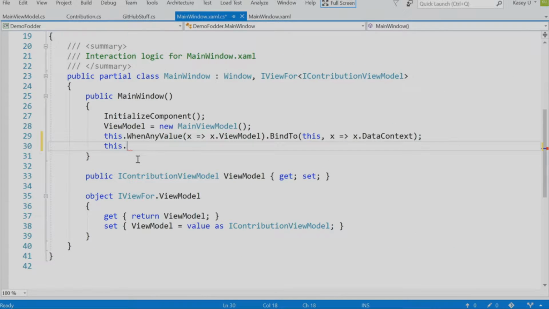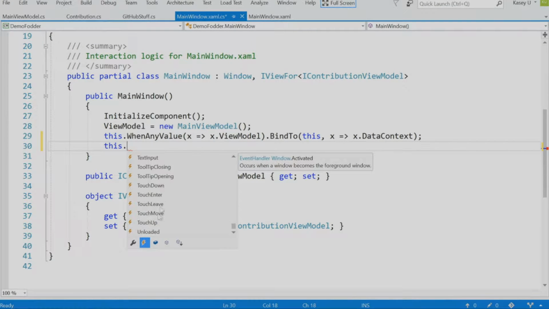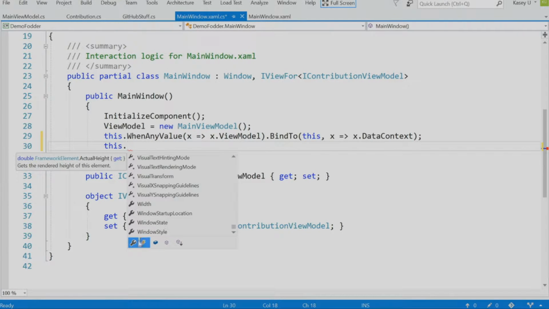So for example, if I'm here, and I only want to see the events, I can just click this events, and now I'm only going to see the events that are available here. Or if I only want to see the properties, I can see only the properties here. And all of these have keyboard shortcuts available to them if you are a keyboard user and not a mouse